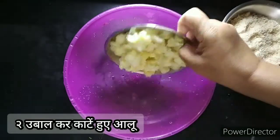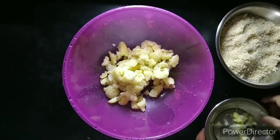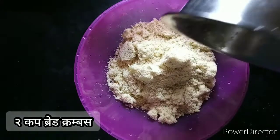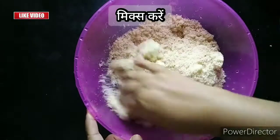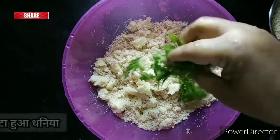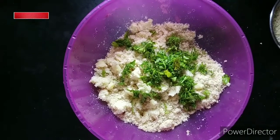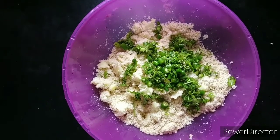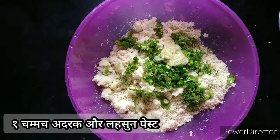Into a mixing bowl I am adding 2 roughly chopped boiled potatoes and 2 cups of breadcrumbs. Mix them. Now goes in a handful of chopped coriander, 2 sliced green chilies, 1 tablespoon of ginger garlic paste, salt as per taste,